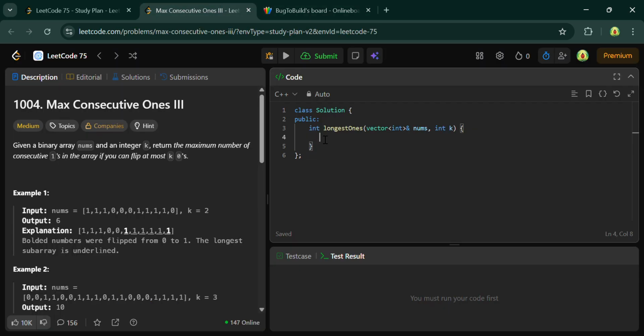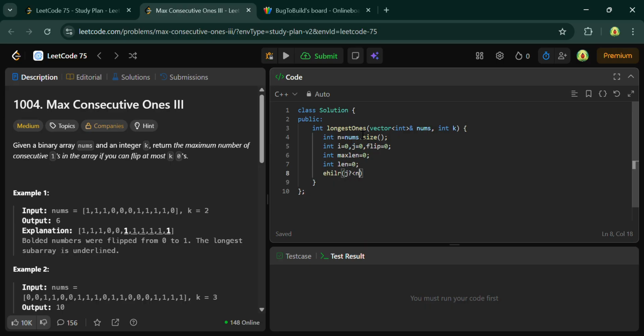So let's write the code. First I will create int n equals to nums dot size, and int i equals to 0, int j equals to 0, and also the flip is equal to 0. Initially all the variables are 0, and then I will create max length which is 0 and int length equal to 0. Okay, while j is less than n,